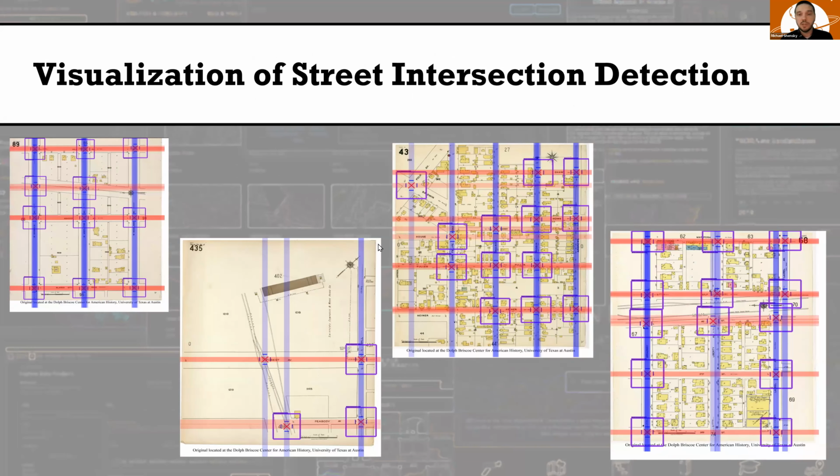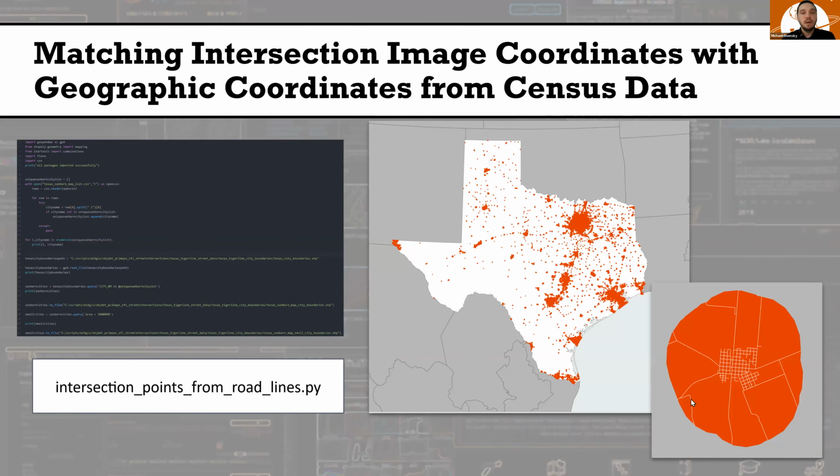And this is a visualization that I created with a separate script that shows what the model was basically doing. So every time we see one of these little X's, or actually it's the purple box that the model was initially creating, and then I wrote a script that then calculated the centroid from that, and that's where we see these red X's placed. And you can see it's not exactly perfect. There are cases where here, for instance, it's missing an intersection, but overall, it's probably 90% effective at identifying intersections on these Sanborn maps. And so again, we have 14,000 maps. You could plug all 14,000 into here, and you'd get pretty good results. So that was really cool to see.